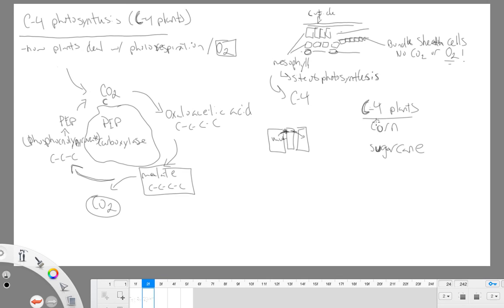Right, that take advantage of this adaptation. Right, so that is C4 photosynthesis, and it is a way where our plants are able to deal with that process of photorespiration. Now, the last thing that we are going to look at